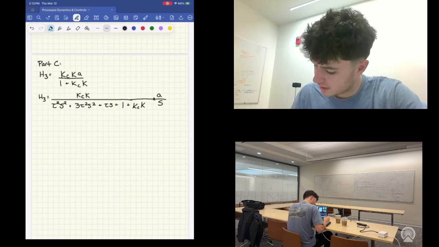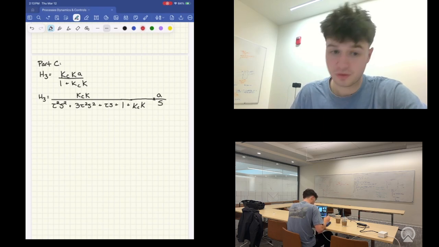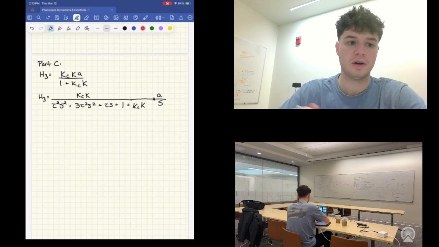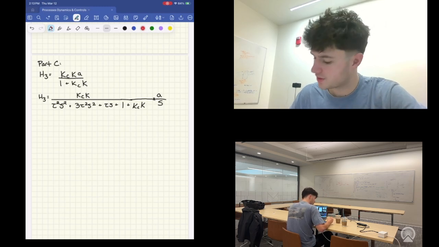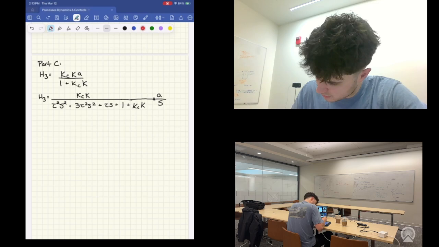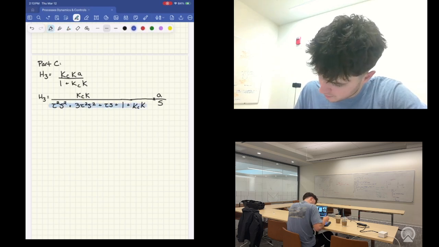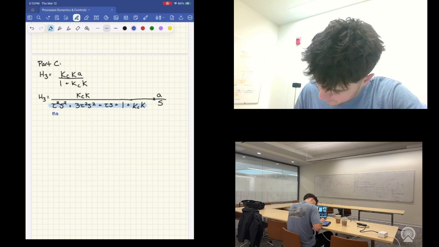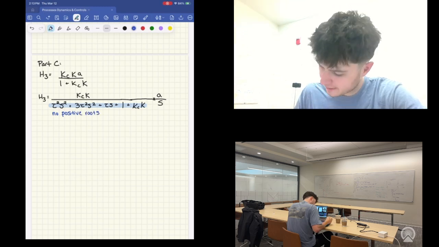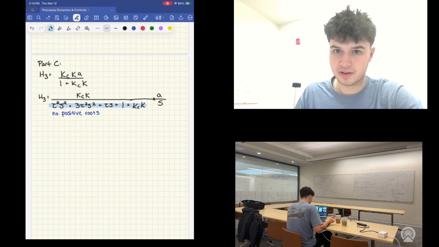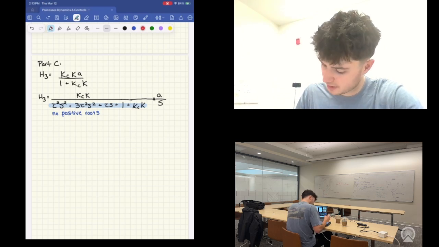And so the last thing we want to note before we move into our Routh-Hurwitz, let's highlight this bottom part for simplicity, and we want to note that there are no positive roots. And so now that we have identified that and put together an equation, we can finally work into our